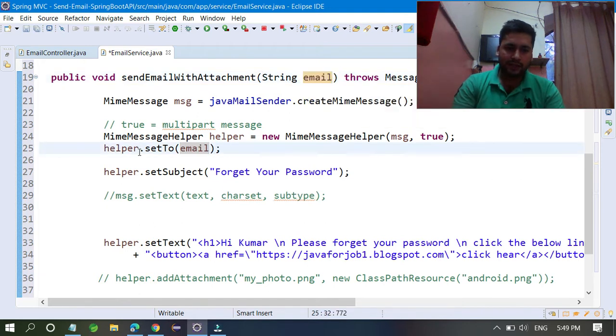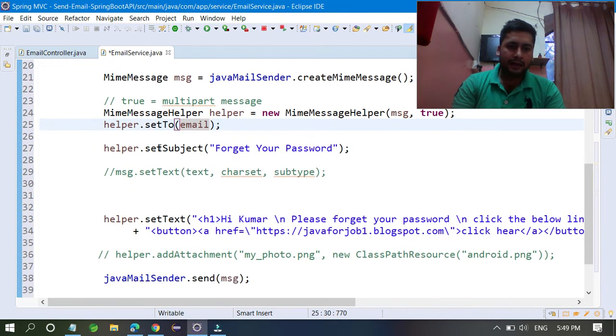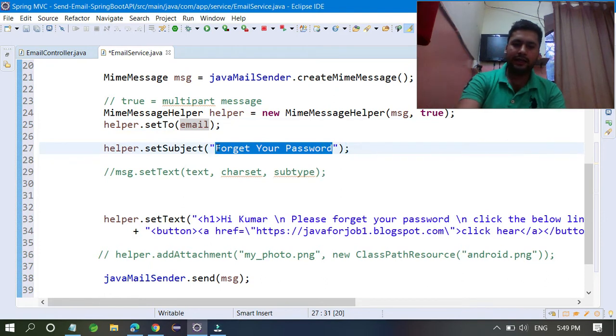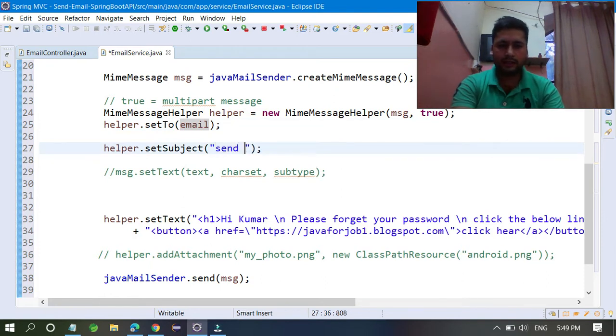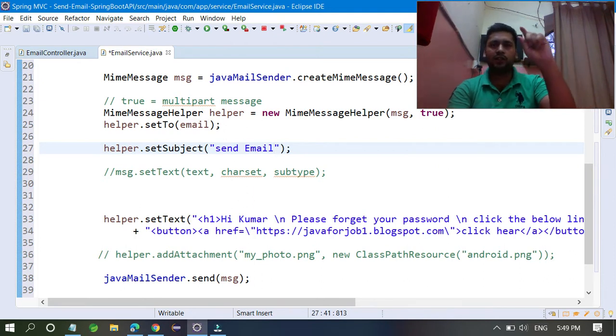Okay, so I have set this. You can set multiple emails here, no problem. helper.setSubject, the subject is send email. For example, when you are going to send an email, you have things like subject, description, attachment.